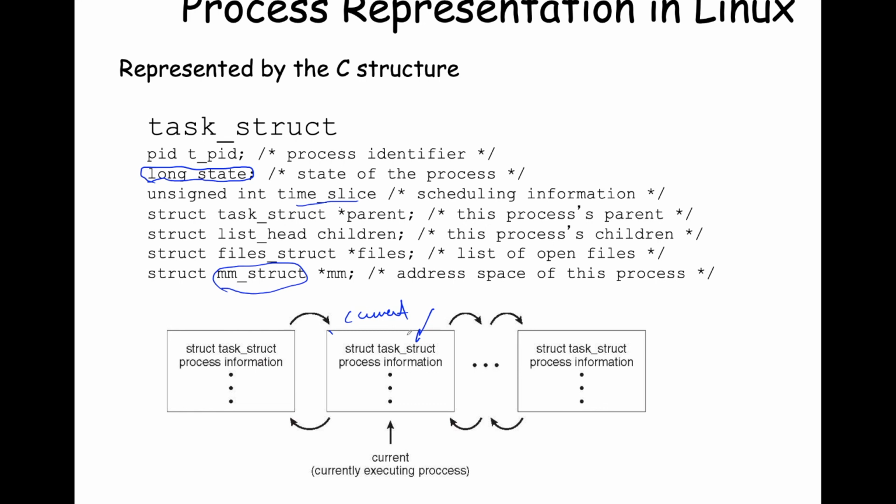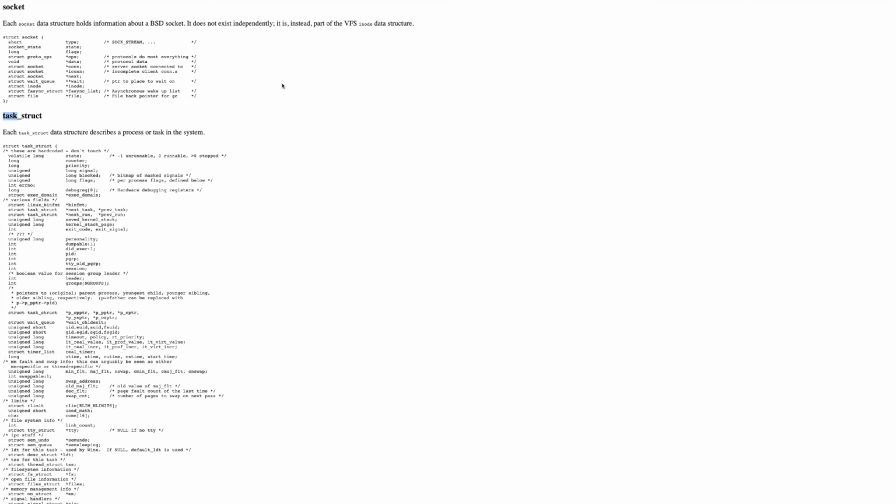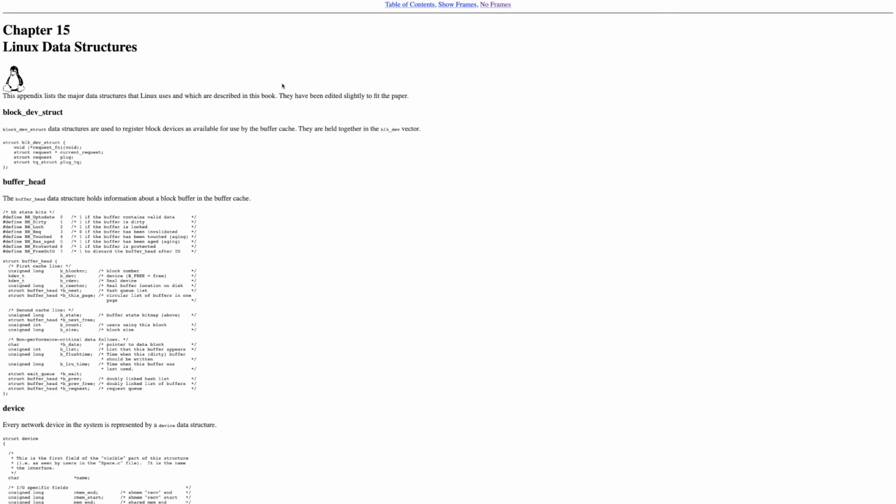Now, at the following link on this slide, you'll find the actual task structure for the process control block for Linux. And so what I'm going to do is I'm going to pop out of PowerPoint for a moment, and we're going to go into the task structure for Linux and actually show you what that looks like.